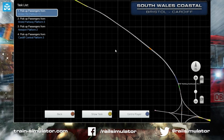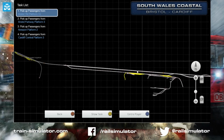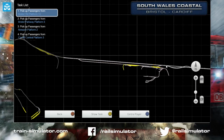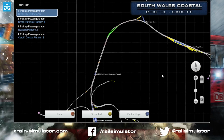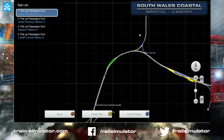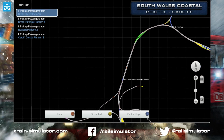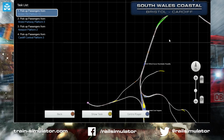And then moving forward through Severn Tunnel, you go past some interesting yards and other facilities around here, so there's lots of possibilities for freight operations. And that's the line north heading towards Holyhead, I think. And then you've got